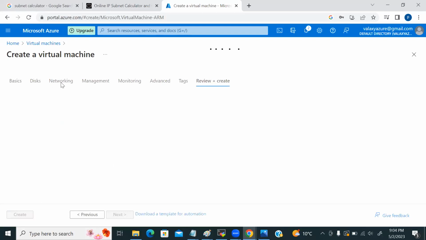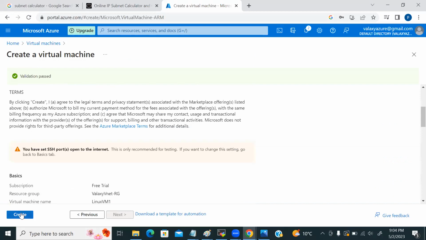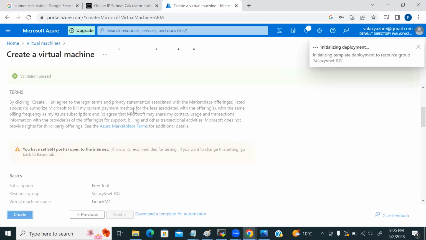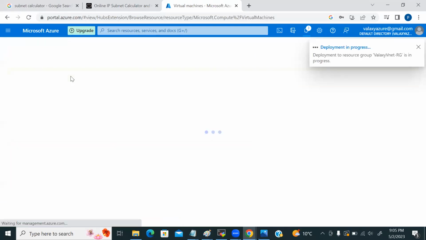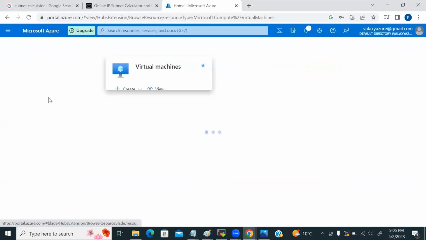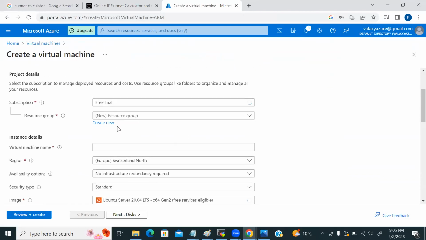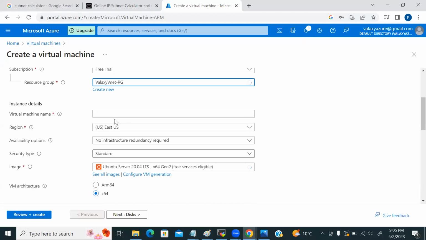The only thing is in the networking tab, we need to select the VNet which we created, and under that, the subnet in which you want to create the VM. So now create it. Before it gets created, we can go back and start creating another machine. So now again I'll go and create one more machine. Resource group, this one, and